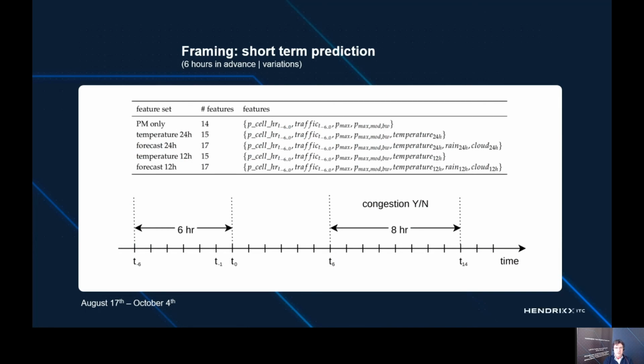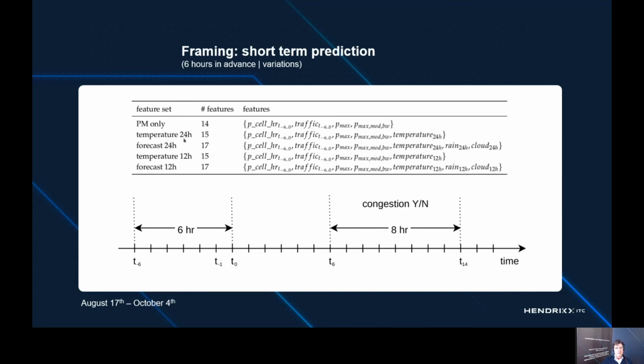The problem framing of this specific case was like this. We had five framings. The first one was to use only PM data, no weather forecast data and no KNMI data. We had data for six hours, some network resources data, some traffic data, some other parameters, and based on these parameters, 14 features, you call them features, were used to train the model.